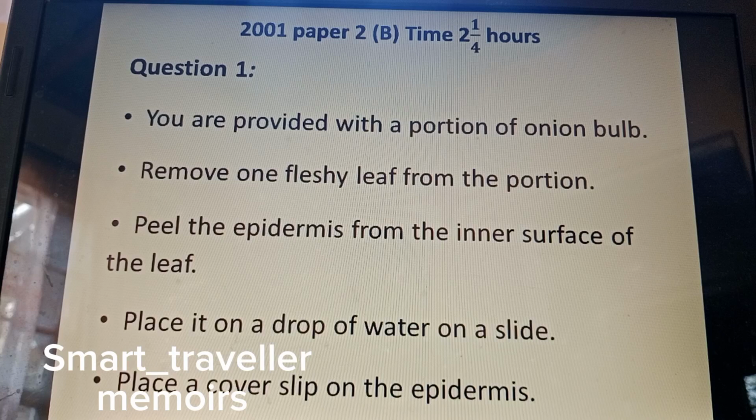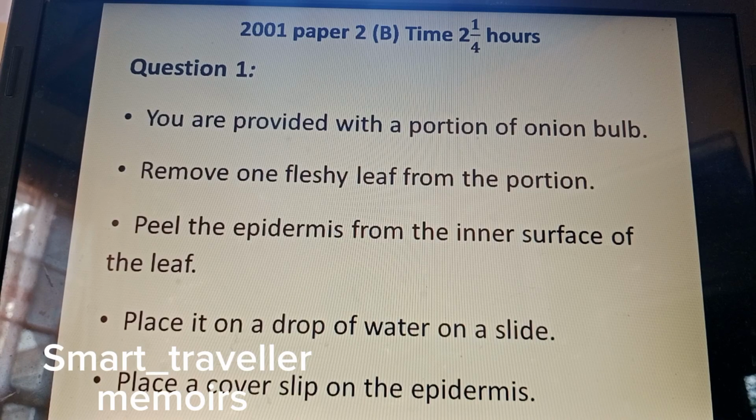So in 2001, it was called paper 2, but now they have changed it and called it paper 3. Question 1,